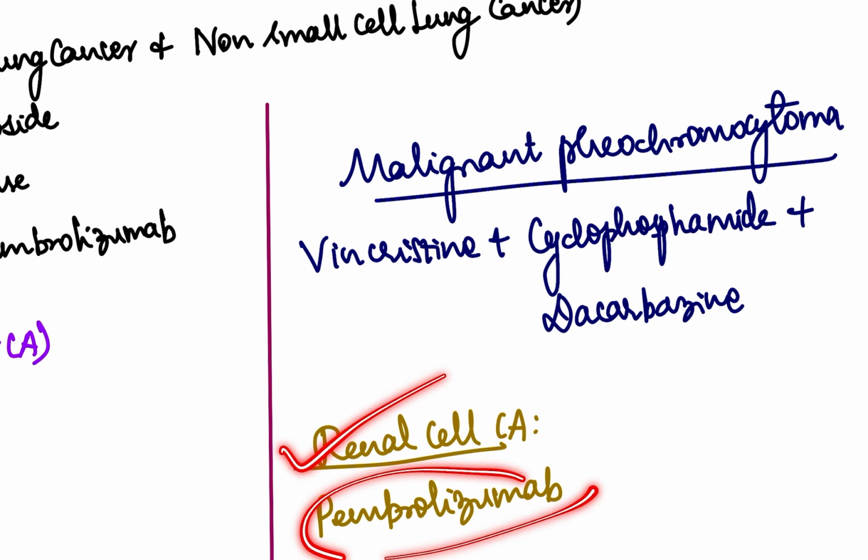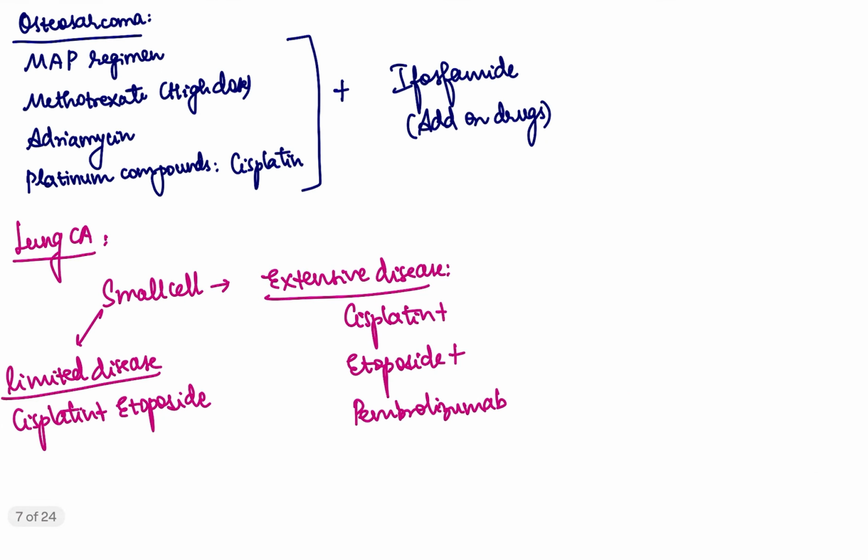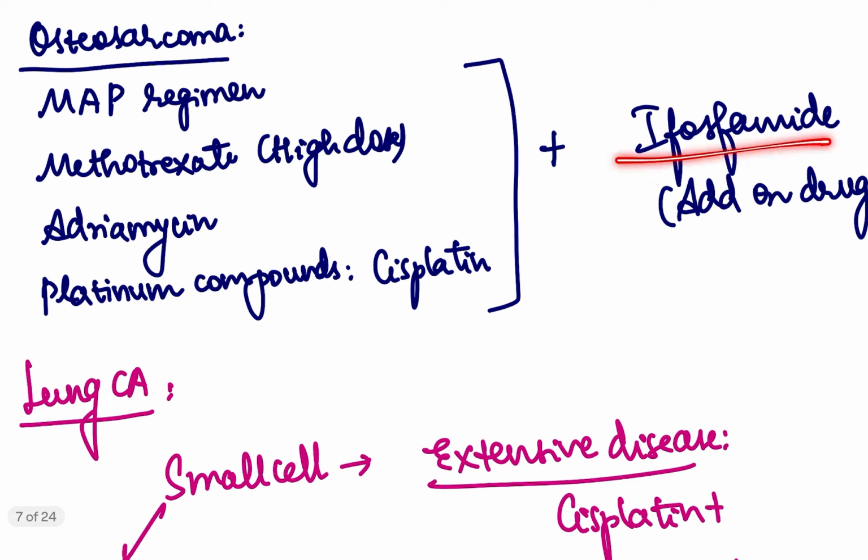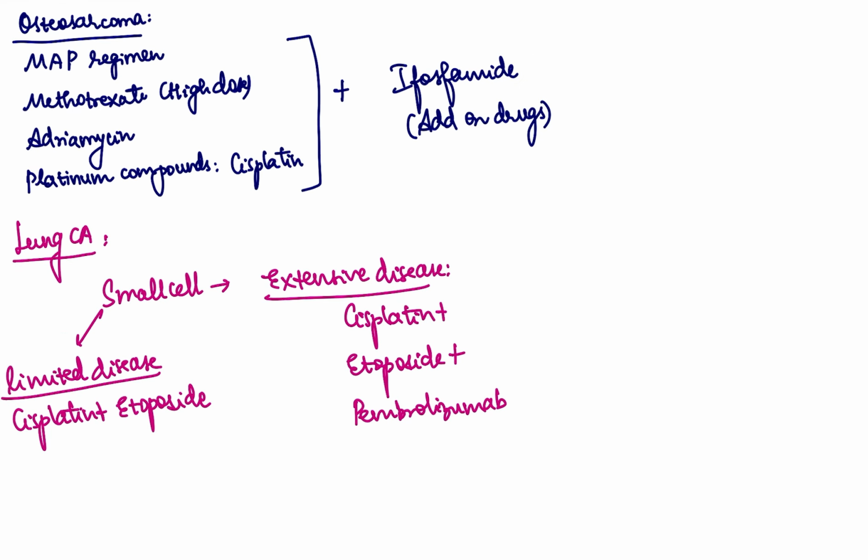Renal cell carcinoma, pembrolizumab. The next is osteosarcoma. Osteosarcoma, you have to give MAP regimen plus ifosfamide. MAP is methotrexate, high dose, adriamycin, and the platinum compounds like cisplatin. So osteosarcoma, methotrexate, adriamycin, cisplatin. For lung cancer, small cell lung cancer, which is limited disease,